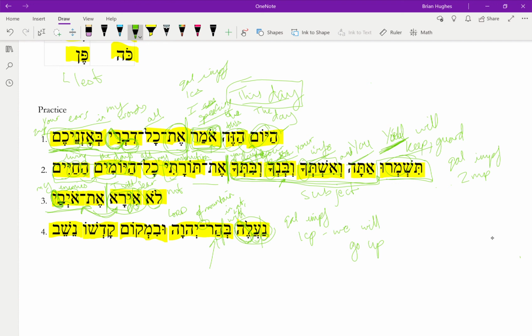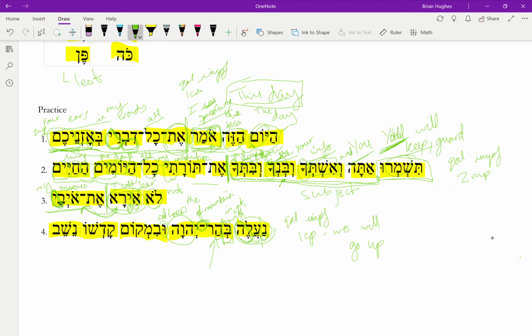We just have in hill, Lord, and we have to remember, oh, construct, but the makef here is really helpful and says, I'm in construct with the Lord. So we will go up. Maybe contextually we might want to understand this as on the mountain of the Lord. It becomes definite because this is a proper name. So we will go up on the mountain of the Lord, and this conjunction here, and it's a shurek because